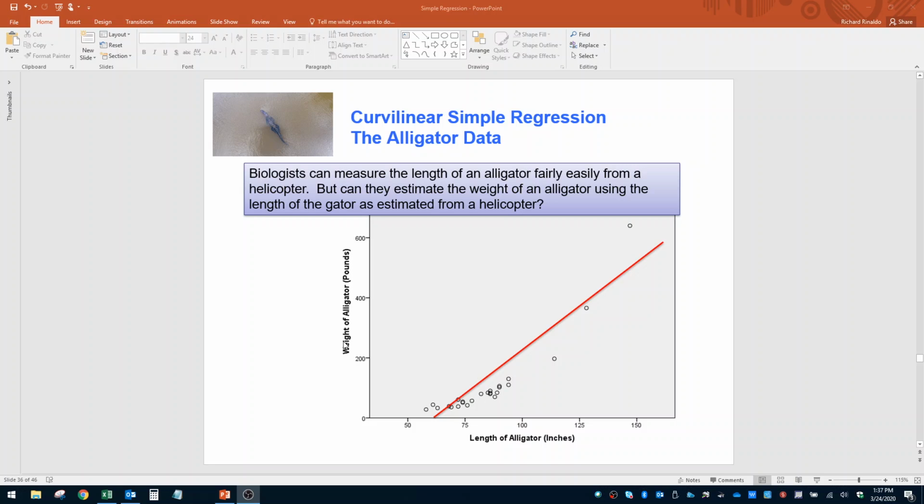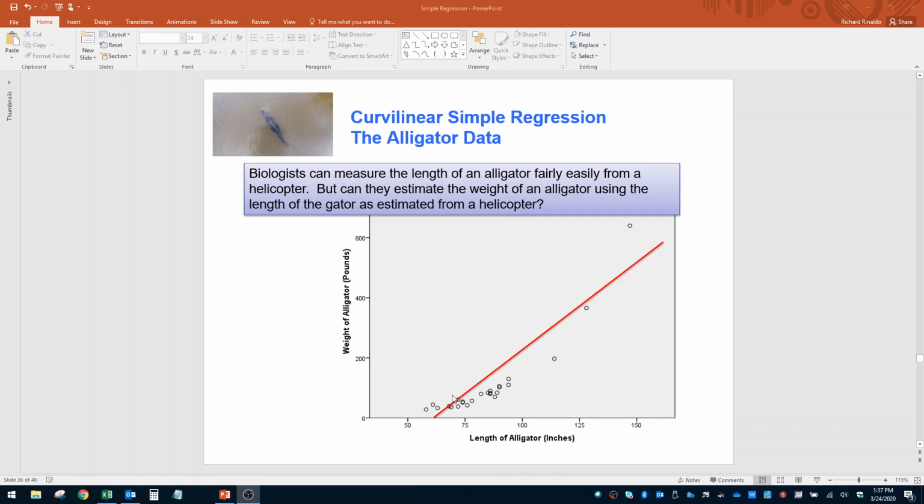And they wanted to run a test. So they ran a study, and for the study, they took images of alligators, and from the images, determined their estimate of the length of the alligator. And then they physically located the alligator and weighed it. They wanted to see what the relationship is between the length of an alligator and the weight of an alligator. So if they were successful, moving forward they could use the results from the regression analysis, plug in the length of the alligator, run it through the regression equation, and estimate what the weight of the alligator is. And in the image before you, you can see